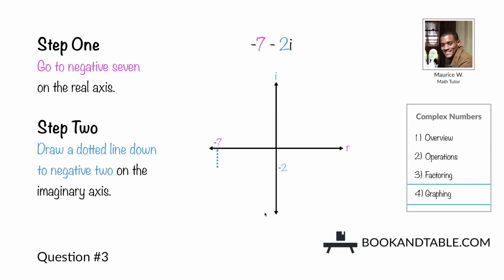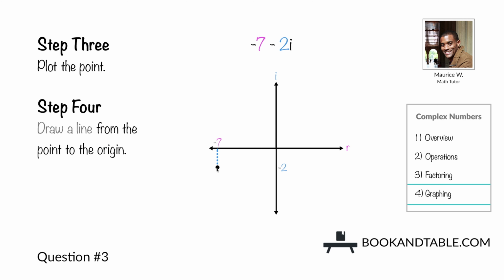In question number 3, we're asked to find the argument of negative 7 minus 2i. So step 1, go to negative 7 on the real axis. And step 2, draw a dotted line down to negative 2 on the imaginary axis, and then plot the point. Draw a line from the point to the origin, creating our right triangle in quadrant 3, and closest to the origin as our angle alpha,